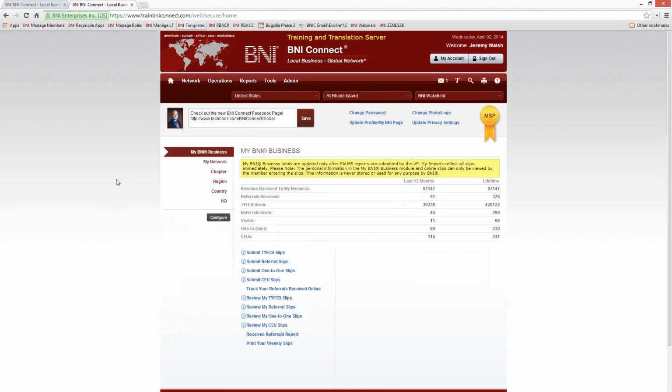Now, the place to find those are up in these menus along the top. Notice we have Network, Operations, Reports, Tools, and Admin. Again, depending on your level of access, you may see some or all of these things. From a navigational purposes, the different menus bring you to different places in the system. For example, the Network menu brings you into a lot of the social media functions, connecting with other members, or accessing the social media groups, the discussion groups that we have in BNI Connect,